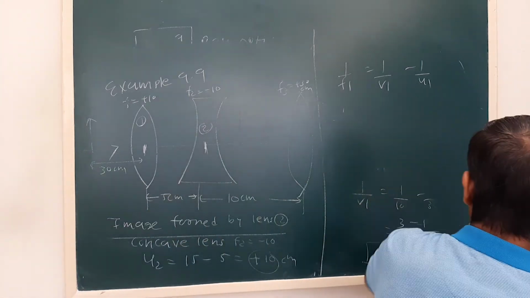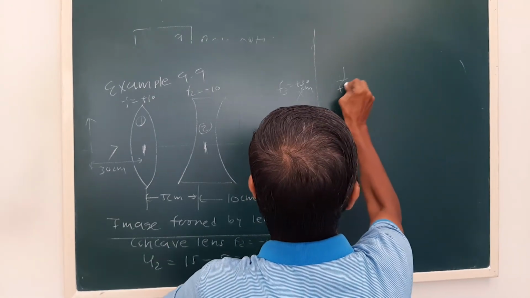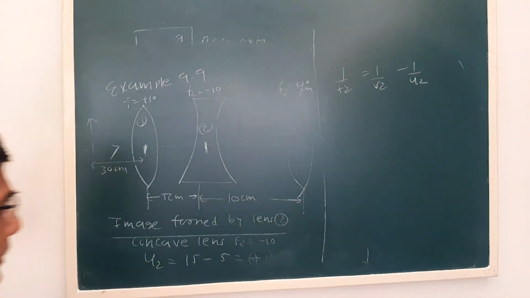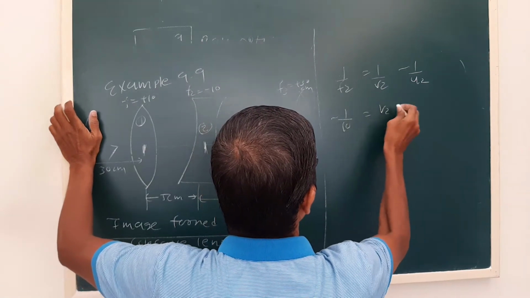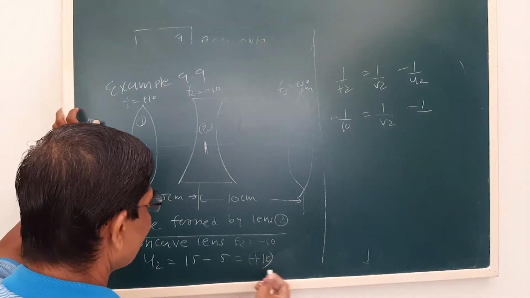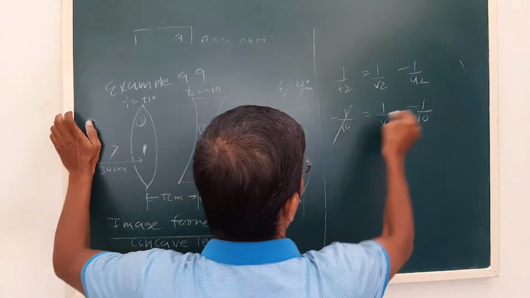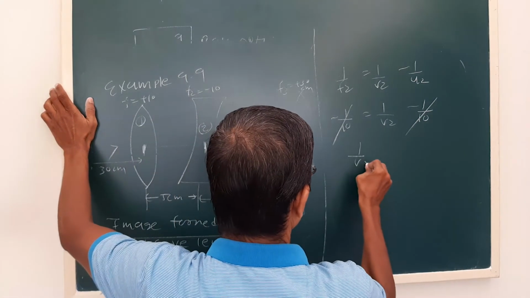Now see, for lens 2, F2 is negative here. So U2 is plus 10, that we have seen. So this is minus 10, 1 upon 10 minus 1 upon 10 is cancelled. So 1 upon V2 is